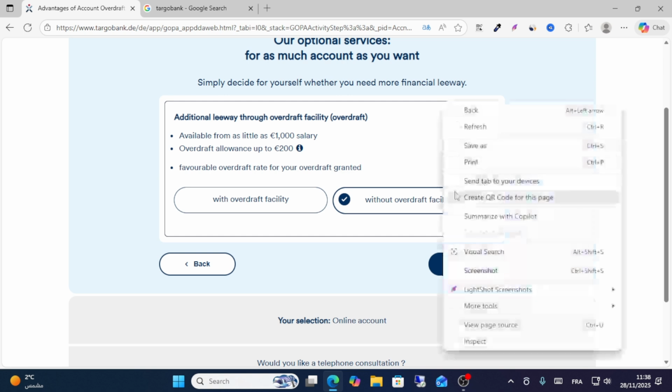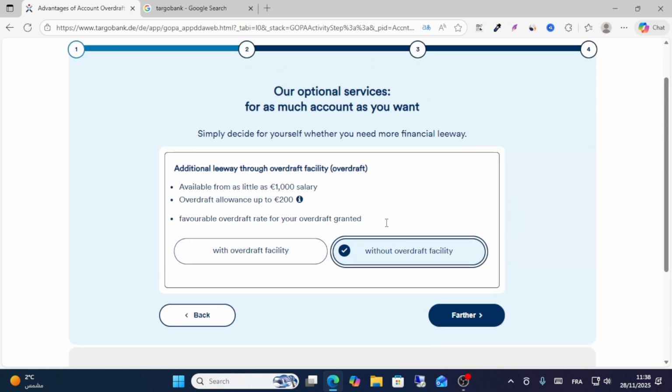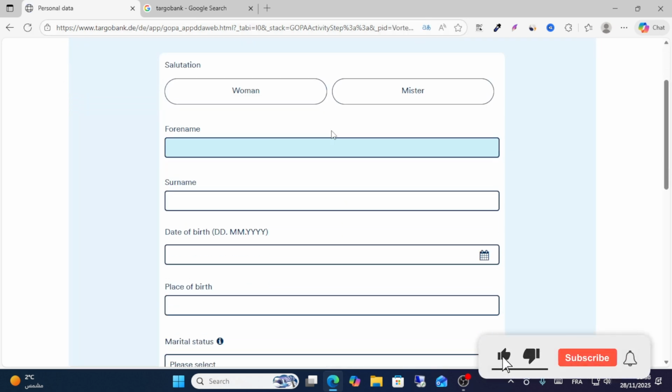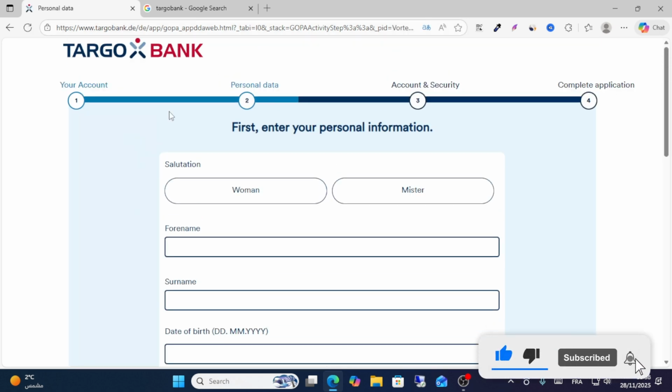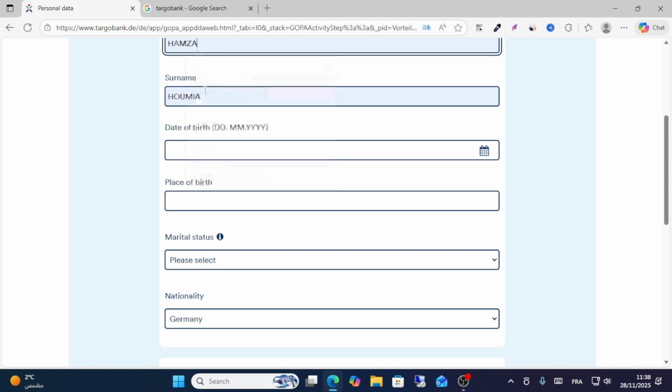From here, friends, you have the choice of with overdraft or without overdraft. If you want it without overdraft, it is available from a salary of 1000, and this is the overdraft option. Click this option. From here, submit this form and enter your personal information, such as your name, surname, and birthday date,